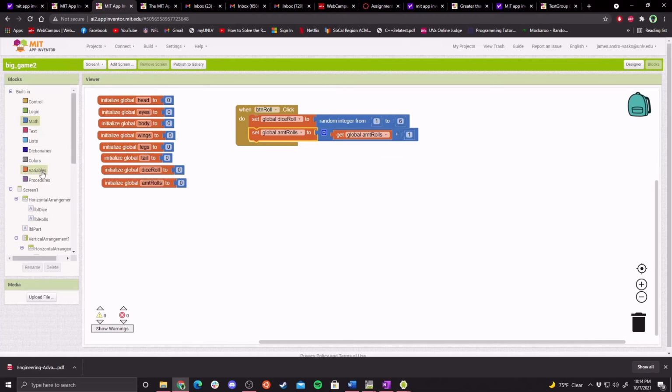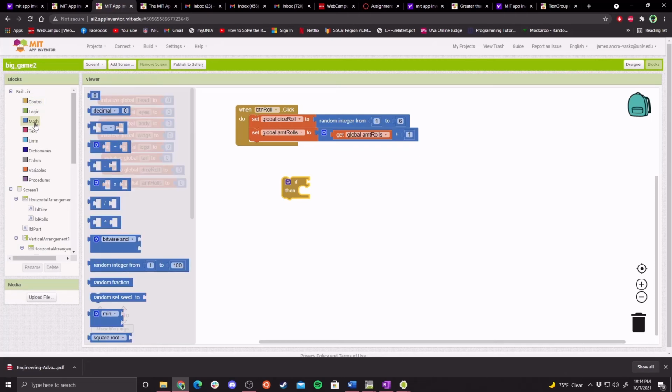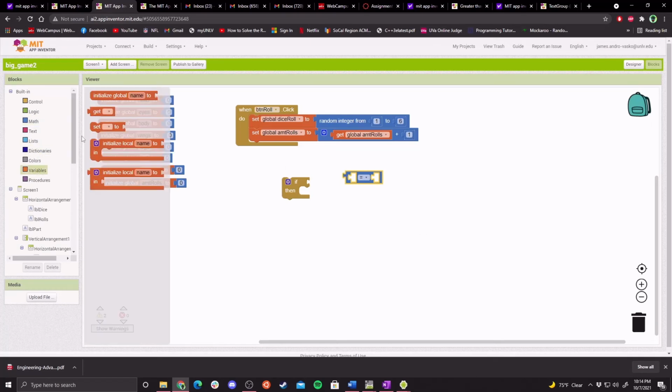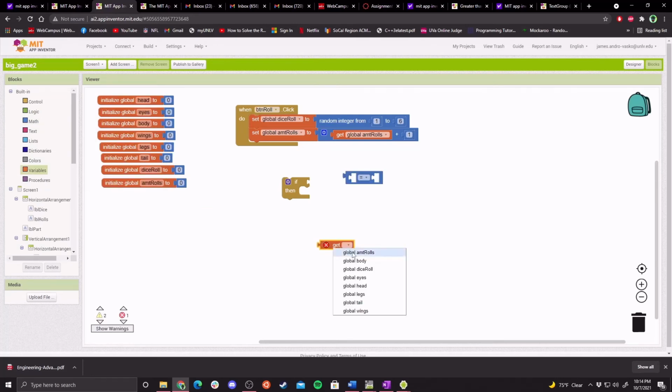So I'm going to have my control if statement. I want to compare this dice roll, which could be between 1 and 6, it could be any number. I want to know what number it is. So I'm going to do a comparison equals operator. I'm going to take the variable right here and get the value of whatever is in dice roll. Right above, we set the dice roll to some number, so I want to see what this number is. If this number does contain 1,